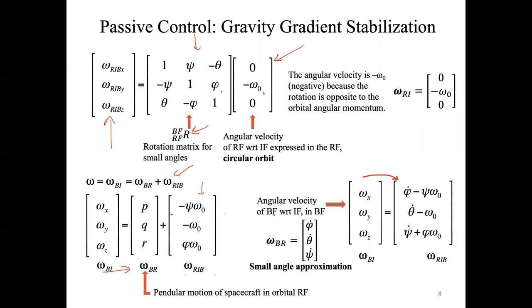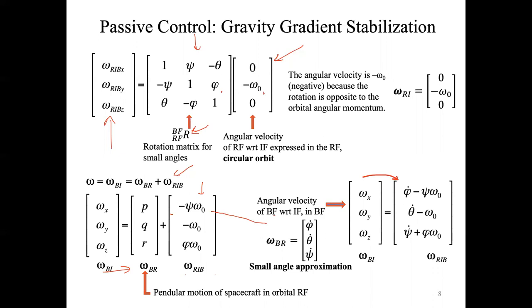And the other thing is that we assumed that the body frame is rotating with respect to the orbital reference frame with velocity p, q, and r. But since we are assuming small angle approximation,